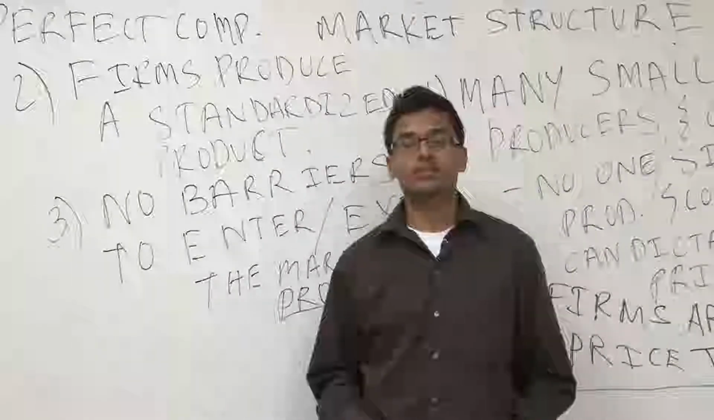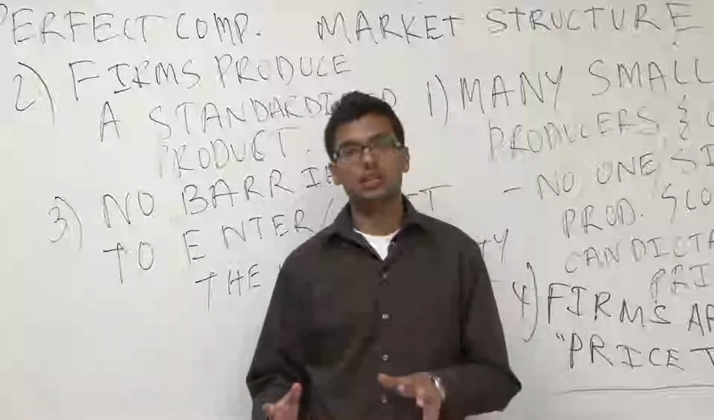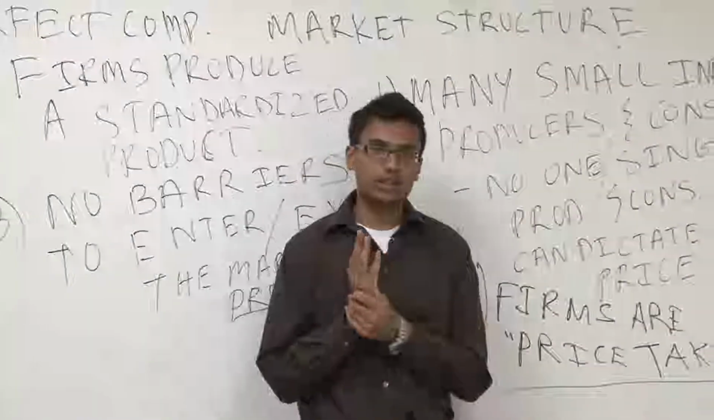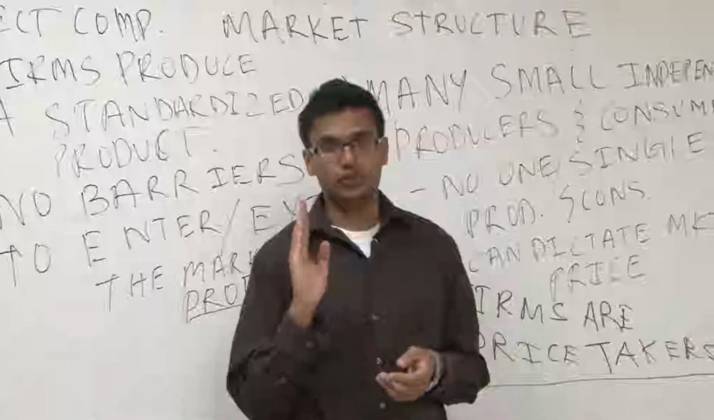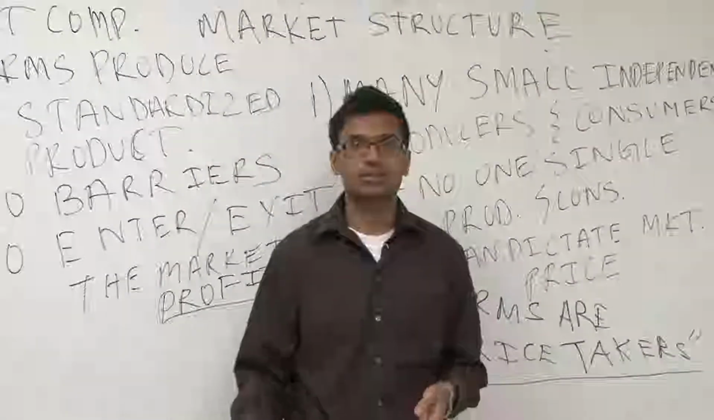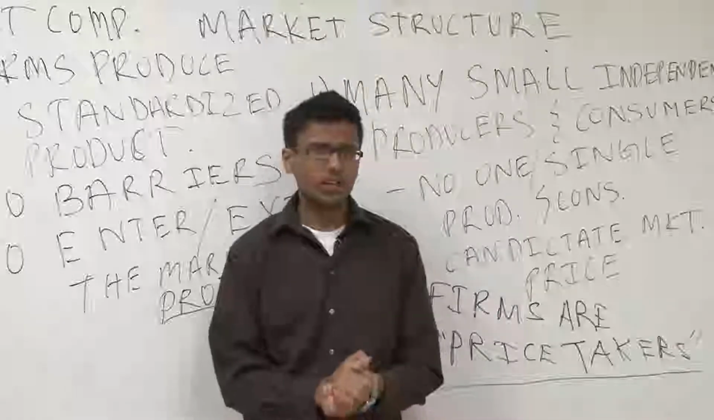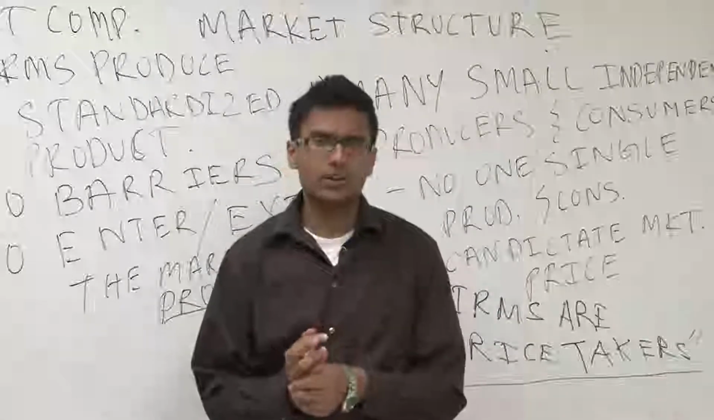And lastly, fourth is that all firms are price takers in perfect competition, because the market is what dictates their price. It's not the individual firm, it's the market that dictates the price. Okay? So these are the 4 main principles in perfect competition. We're going to continue with perfect competition,